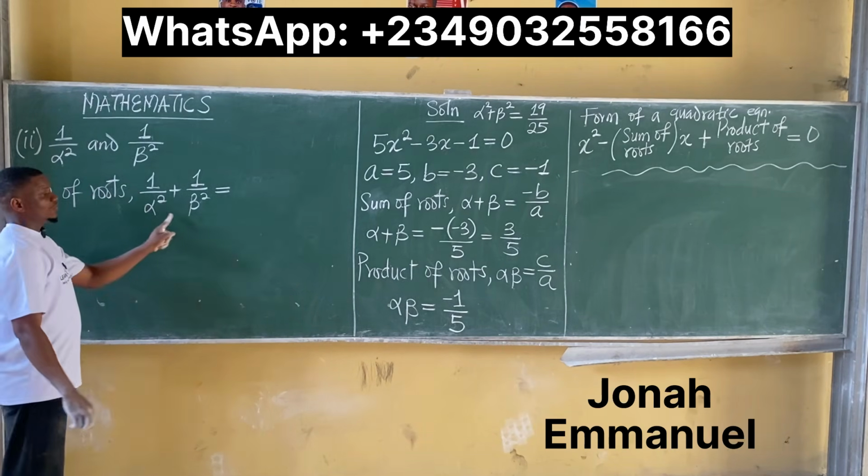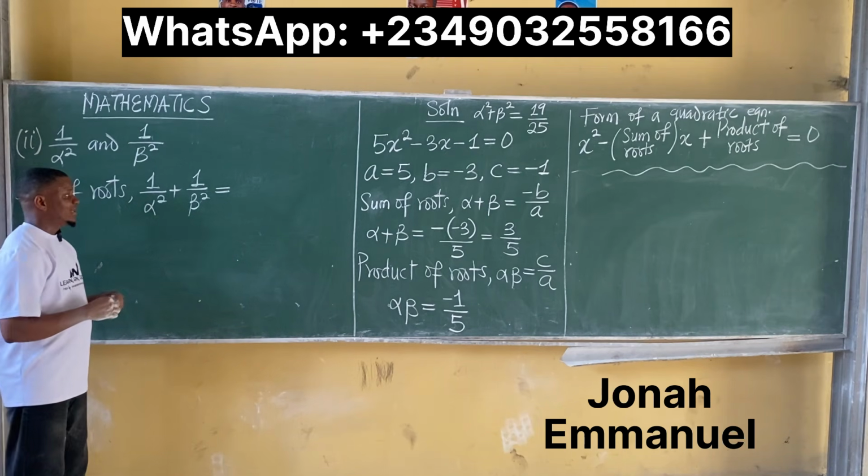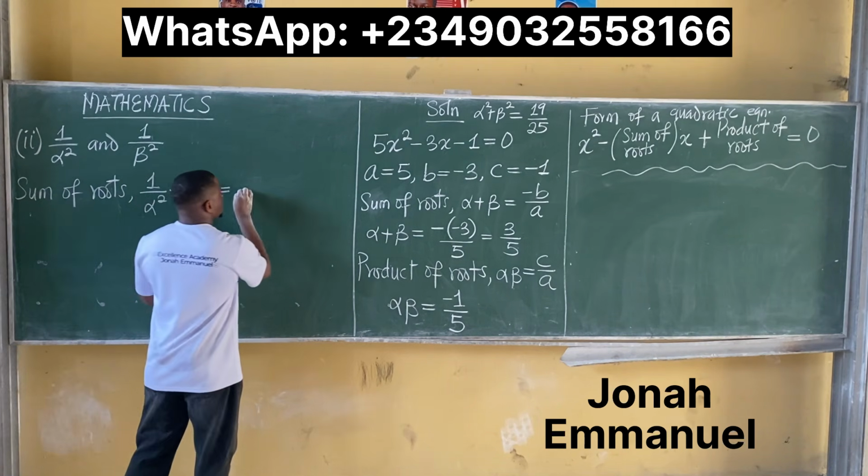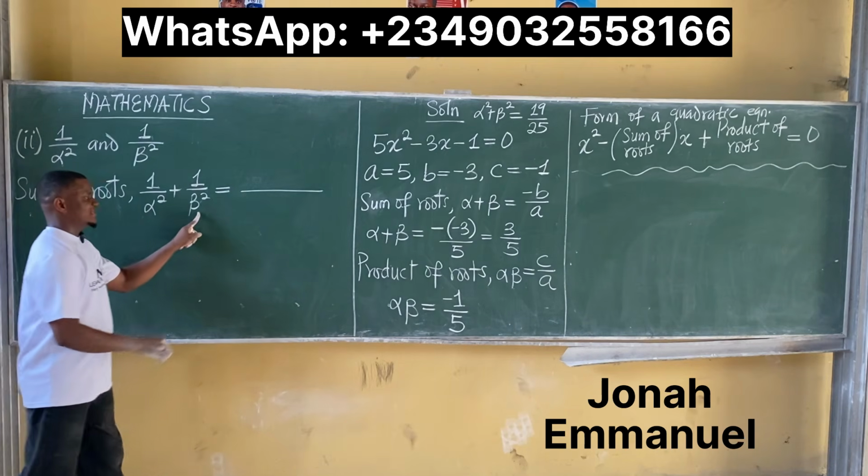If I sum these two, my first task would be to take the LCM. The LCM of these two is found by just multiplying them. Multiply this and this. That becomes